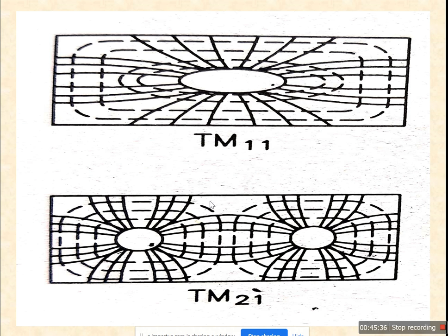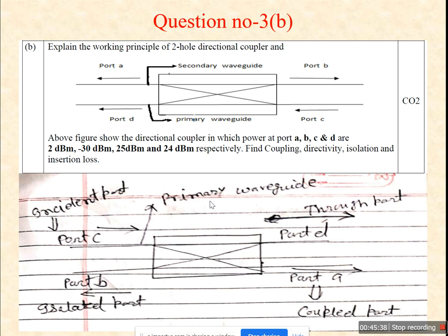Let's now move to the last question. Most of the students made a mistake there. Only 2 or 3 students have solved it, but they also made silly mistakes. Here port 1, as I just dictated in the class, you just arrange this in this form. Port C is going there. The directions, check how to check the direction. Both the directions here are the same, here the direction is different. Let's check where the direction is different. Here the direction is different.